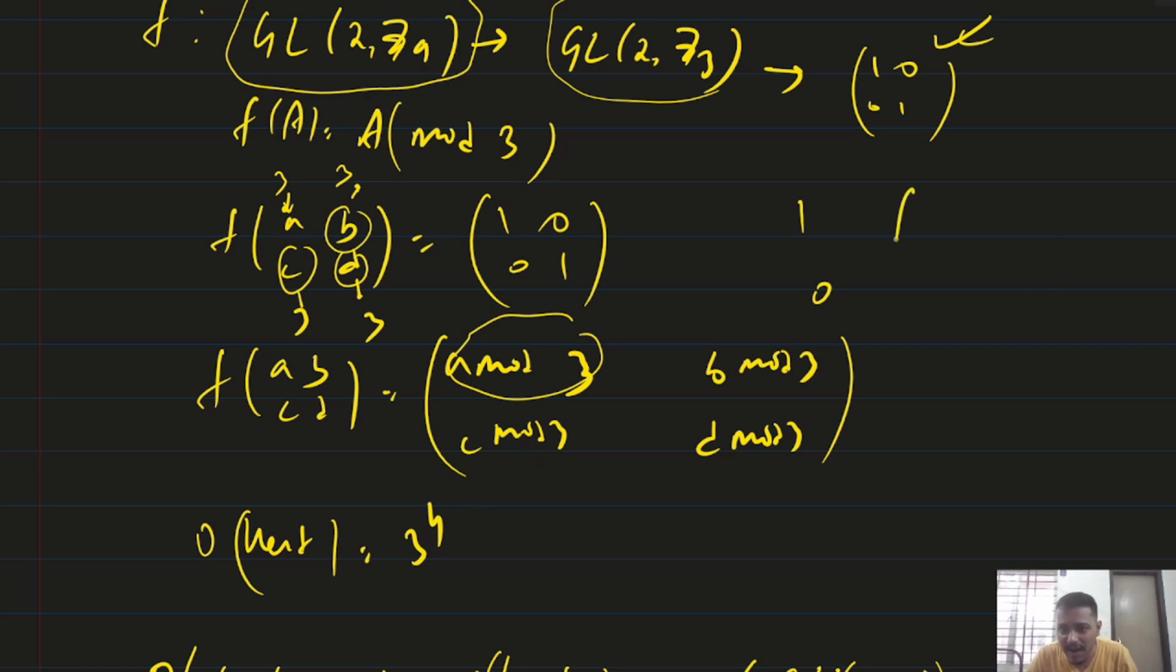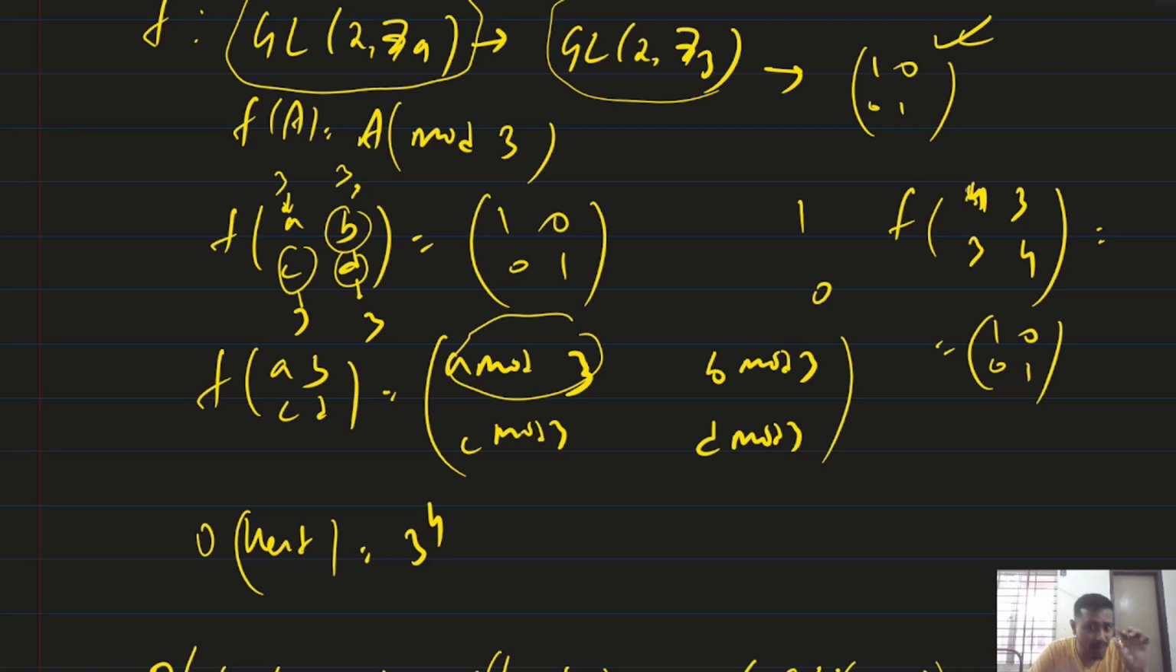Like for example, if I take an element like [4 3; 3 4], its image will be [1 0; 0 1]. See, 4 after taking mod 3 it will be 1, 3 after taking mod 3 it will be 0. That way, you find out how many choices there are, and then you just multiply. So order of kernel of f is 3 to the power 4,